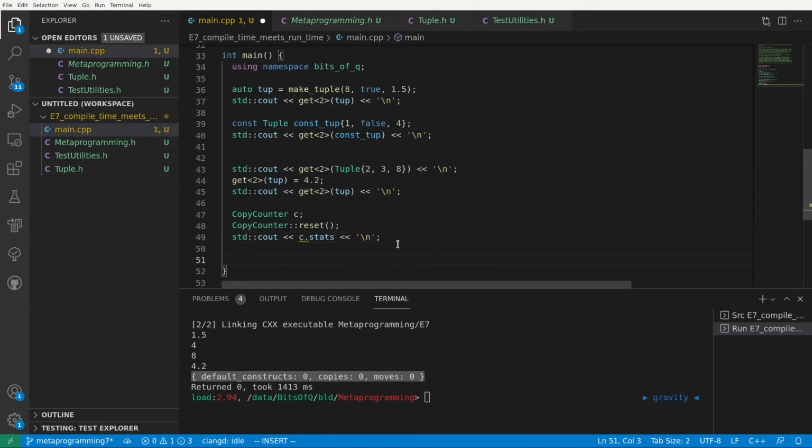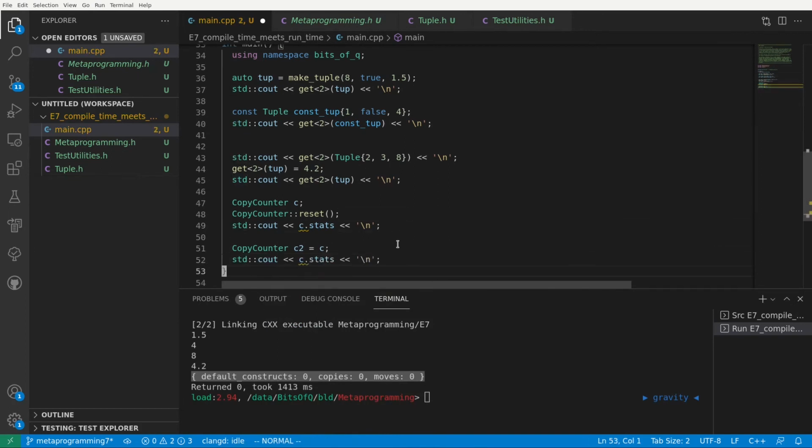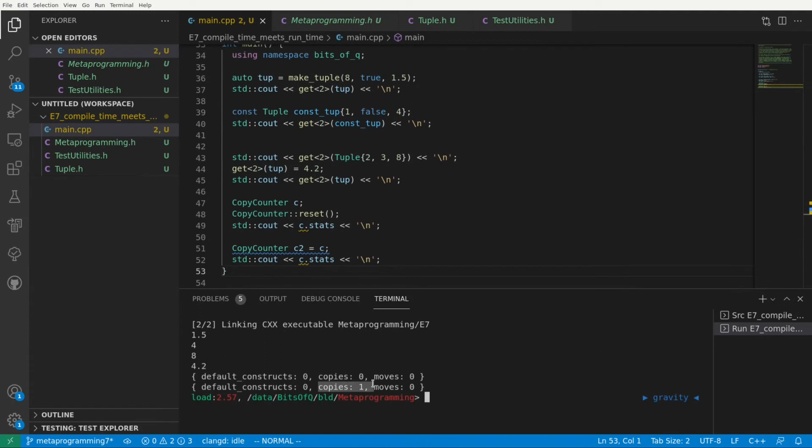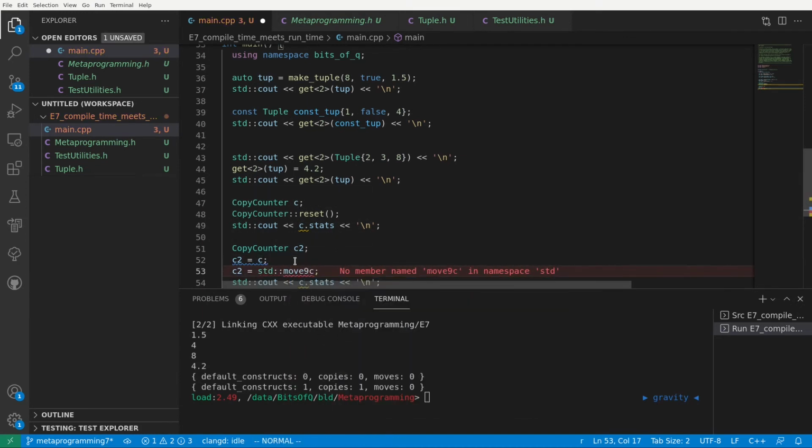If I now create a second copy counter and assign C to it, you see that it recorded the fact that there has been a copy construction. If I had first created my C2 before doing the assignment, then we have both a default construction and a copy. And of course, if I also do a move, that again is recorded. It's a pretty simple system, but it makes it very easy to keep an eye on how many times something